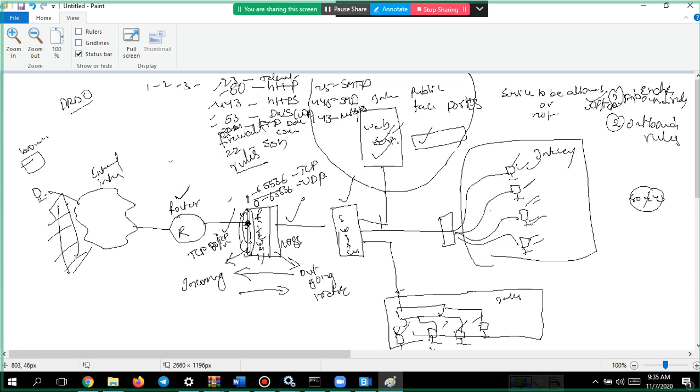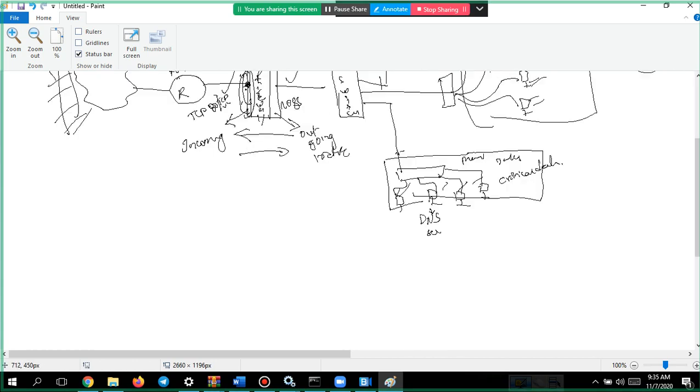Public means you and me who can access these web pages. They are kept in the demilitarized zone, DMZ. This area is called DMZ. This is called private network. This is also private network. The people who are trying to access a website should not be able to access any of the critical data. These are the locations where critical data is present, like here customer information server, here DNS server, here database.